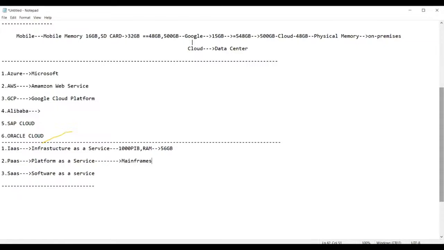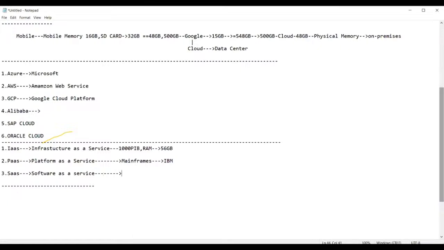Mainframes. Mainframes is an operating system from IBM. So you need not buy the license of this. You need not worry about the operating system. Simply inform your cloud provider, Azure, that you require the mainframes operating system. He will take care of it.